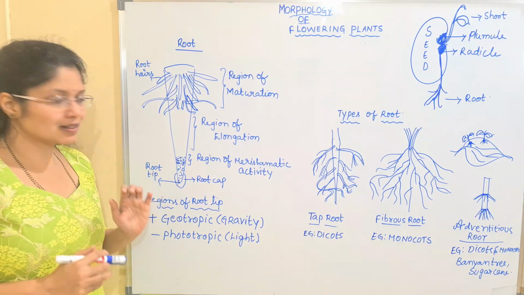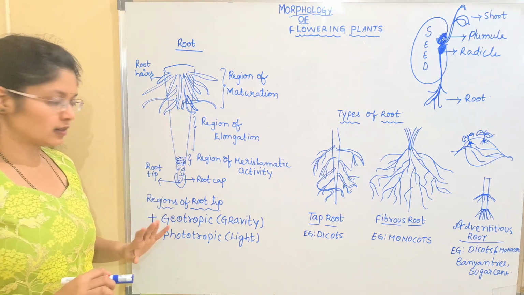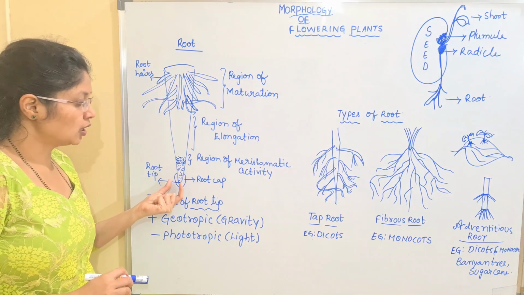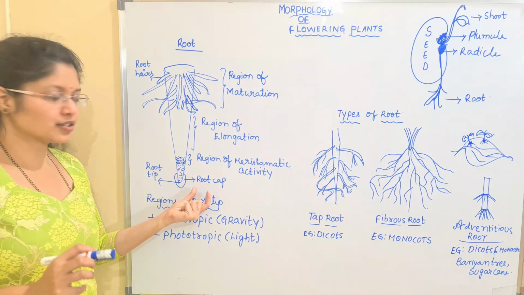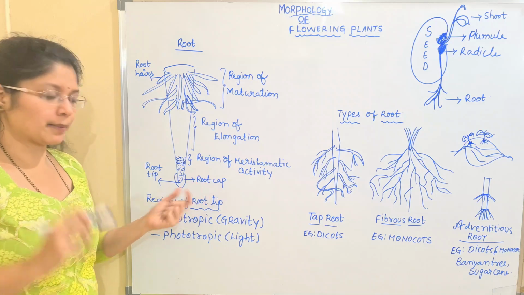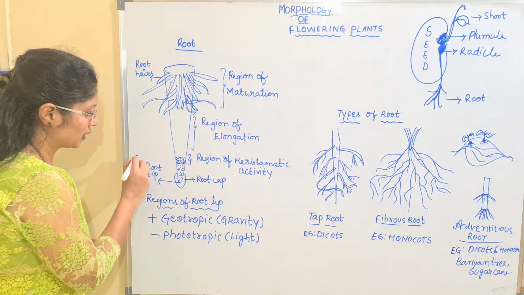So mainly in this case, the root will be having 4 important layers. First we have discussed the root tip part. The root tip part is mainly helpful in penetration and it has the root cap. What is the second layer? We will mark it as 1. So the root tip is 1.